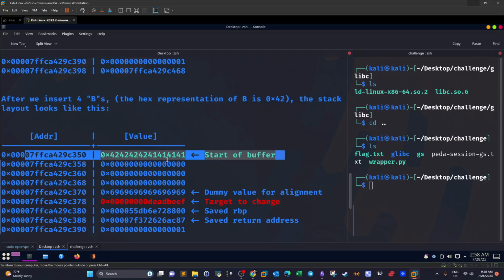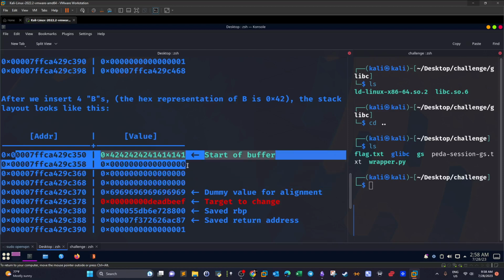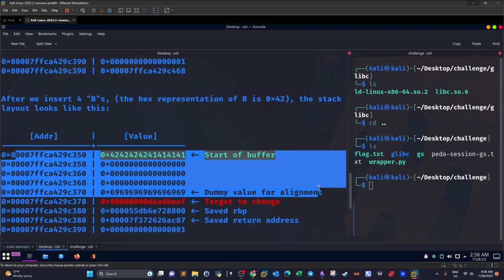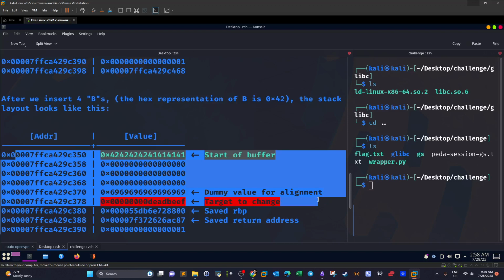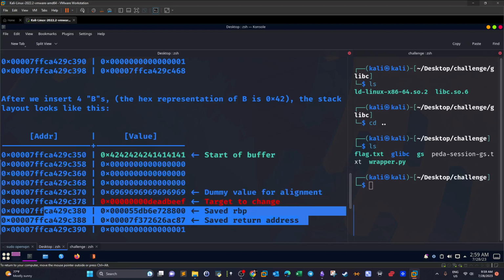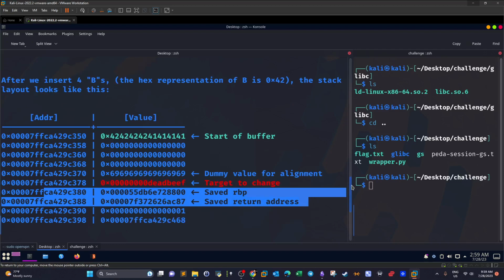But as you can see here, we need to fill all of these addresses, all of these bytes, at least till this point, to be able to reach the return address. So basically that's how buffer overflow works. You have to overflow the buffer or the program above its capacity. When you overflow the program, you will be able to reach a certain number of bytes, after which you will be able to